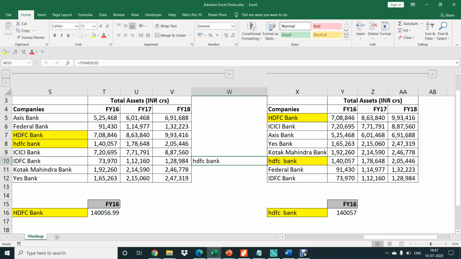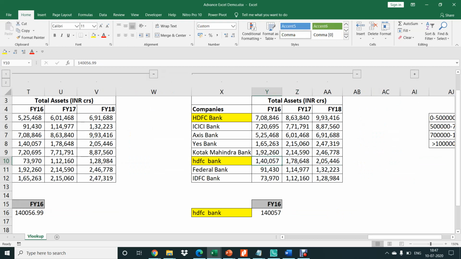If I use the TRIM function, you can see here, instead of two spaces, it has now removed the extra spaces. These spaces become a big headache when you are doing data analysis in dashboards or other tools. So text functions like TRIM can be used to clean your data, and then you can create sorted orders and use a TRUE or FALSE argument, whichever you like.